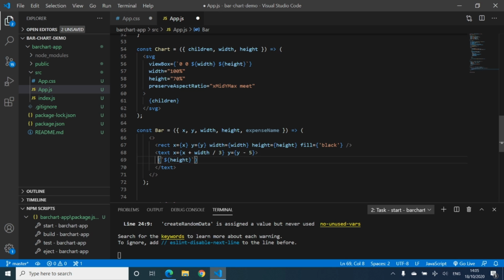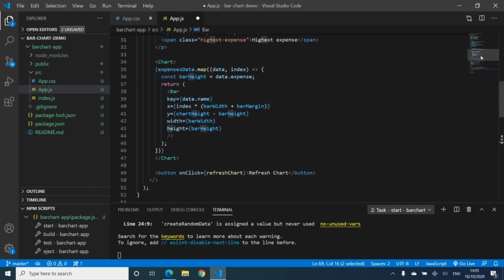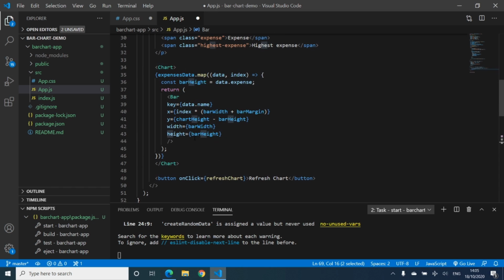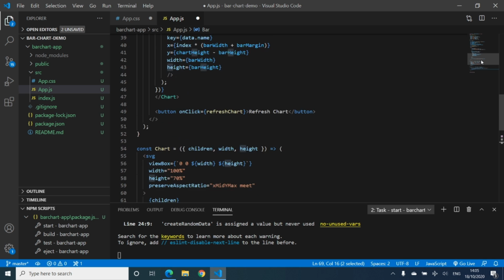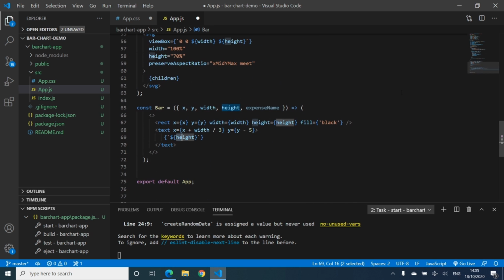Then we're going to display the height. The height is the actual value of the bar, which is also the expense value. So we've got bar height. So the bar height is the actual value of the expense, and we're just displaying that value over there. So, if I save that,